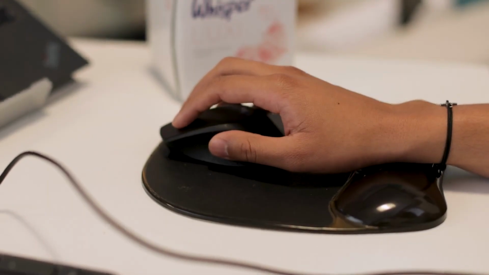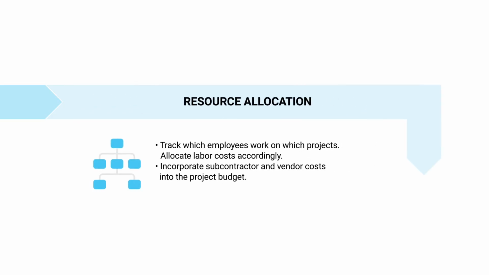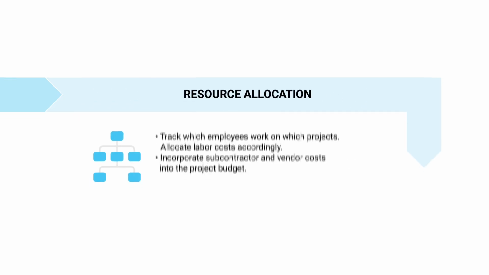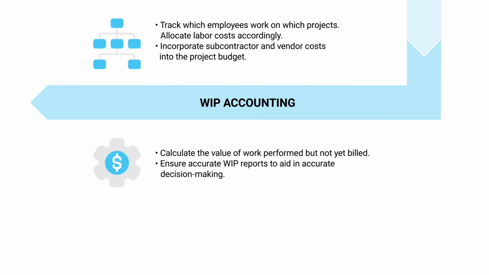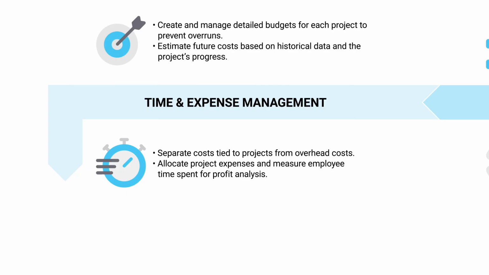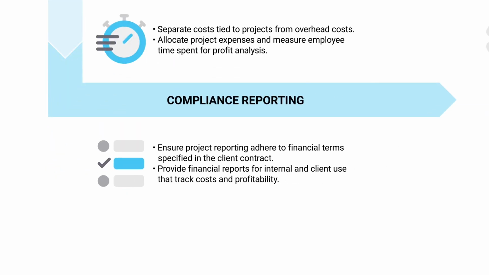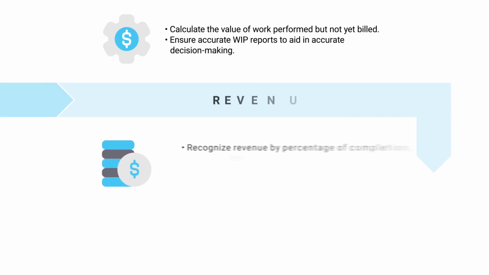Acumatica Project Accounting gives you the power to create and manage project budgets and estimate future costs, allocate resources and understand how they impact the project's budget, calculate the value of unbilled work with work-in-progress reporting, capture costs in the field for forecasting and profit analysis, ensure projects adhere to client contract terms and compliance standards, recognize revenue by the